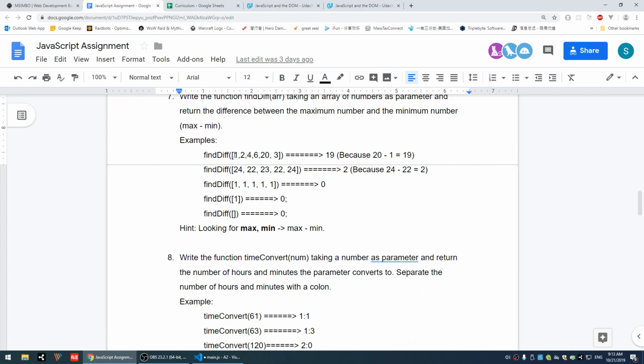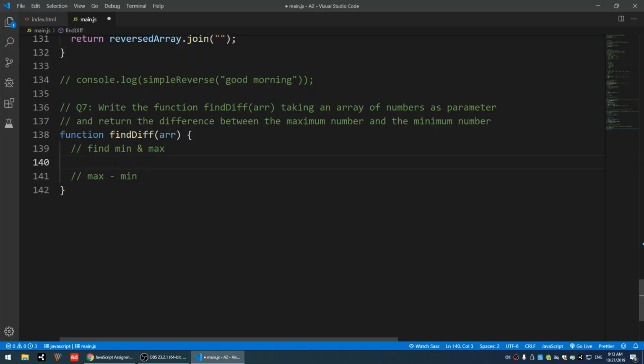So the way we do it is I'm gonna create a storage to store the number inside the array, and compare it with the rest of the array one by one to check if that is smaller than the rest of it or bigger than the rest of it. Let's see how we do it. So we're gonna create a variable here. It's called min. Actually, not mix, min. We're gonna make this one start with let